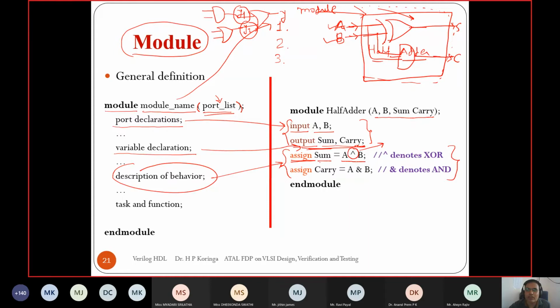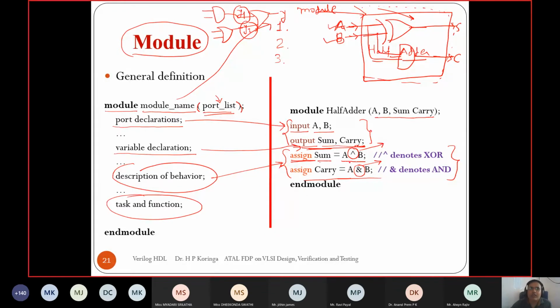So carry is the ANDing of the two input ports A and B. Here this sign is the bitwise AND sign, and we assign A AND B to carry.